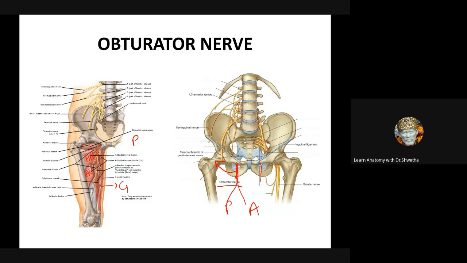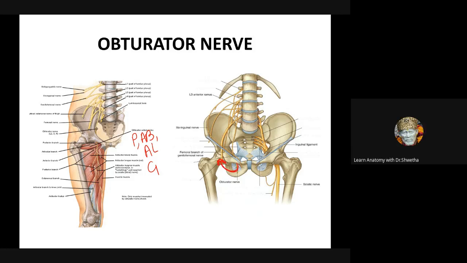Please tell me the course of the anterior division, students. I will repeat it if you have not understood. It passes down through the obturator foramen in front of the obturator externus and adductor brevis. Very good. And what and all it supplies? It supplies pectineus, adductor brevis, adductor longus, gracilis, and it gives a branch to one joint. Which joint? It gives a branch to which joint?